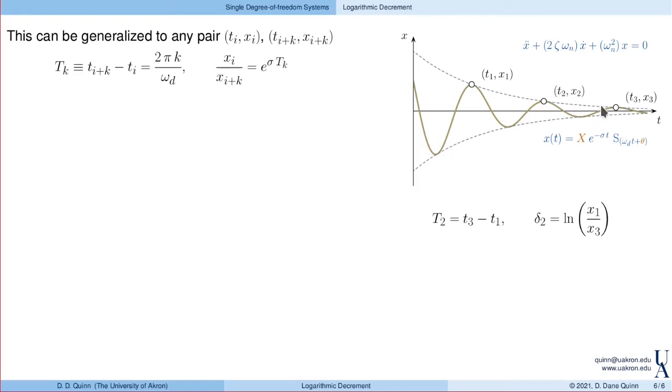And we can do this for any pair. We can do it again for successive pairs. Well, it works out clearly if we choose 1 and 2. We could do it for 2 and 3. We could do it for 1 and 3. We could do it for 2 and 17 if we really wanted to. And when we go through, we end up identifying again the logarithmic decrement